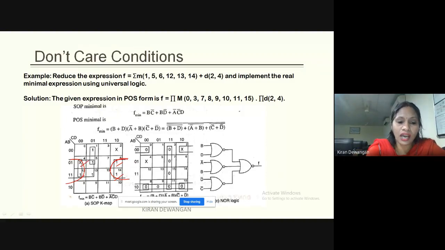So here we are not using these 2 ones. These 2 ones are used by this prime implicant only. But this particular one is shared by this prime implicant also. So it should have at least a single one. एक 1 कम से कम होना चाहिए which is not shared by any other prime implicant. That means if it has a single one which is not shared by any other prime implicant, that will be an EPI. EPI is not applicable only for ones, it is applicable for zeros as well.